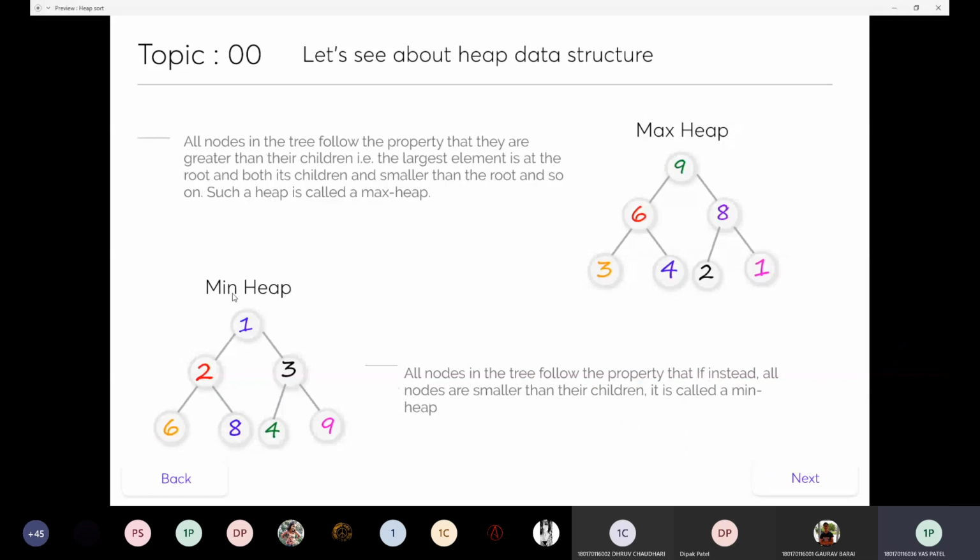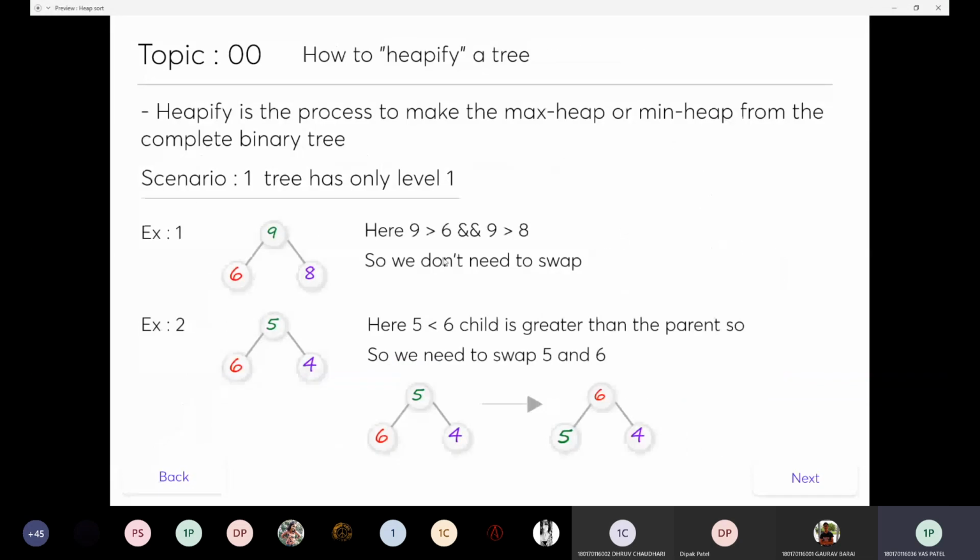We can also consider the minimum heap, but I will show you the difference later on. There is also an interesting thing about heapify. For now, just understand it basically. We will see its implementation and also how we can heapify this tree.